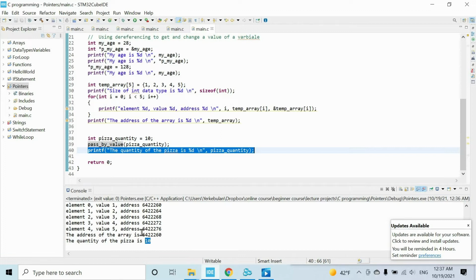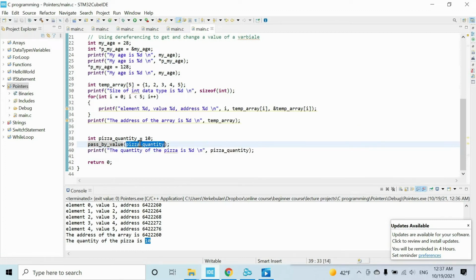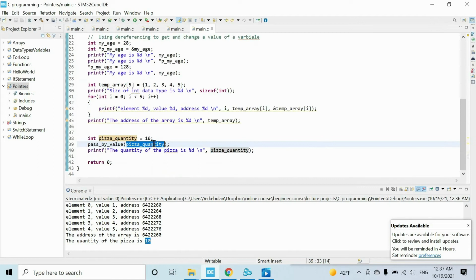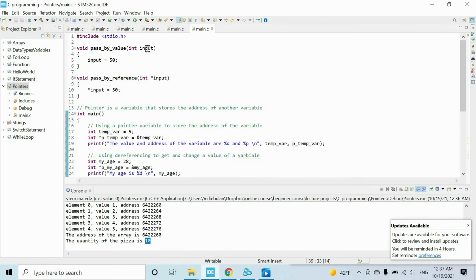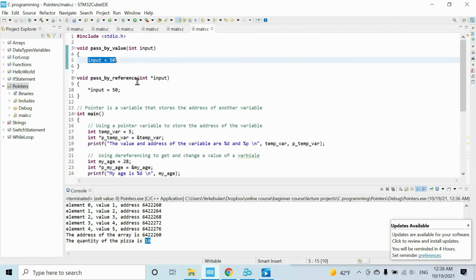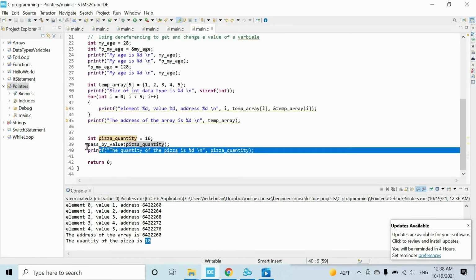So the thing is that when you pass by value, or when you provide just a variable, the program will make a copy of this variable, and it will use the copy of this variable within the function. That's why even though we set 50 to this variable, we still have 10, so the value is unchanged when you pass by value. So let's do the same operation,